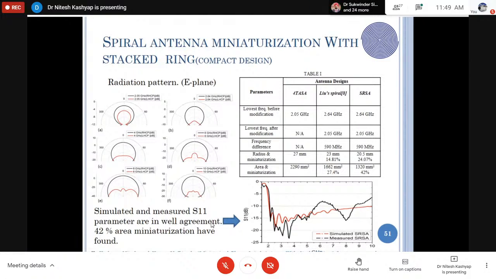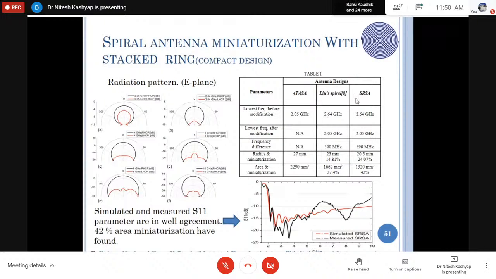It is very difficult to attach something to the spiral antenna without altering the properties of the spiral antenna. So it is very important to preserve the spiral antenna properties. So I have made it. Here I have shown a simple comparison